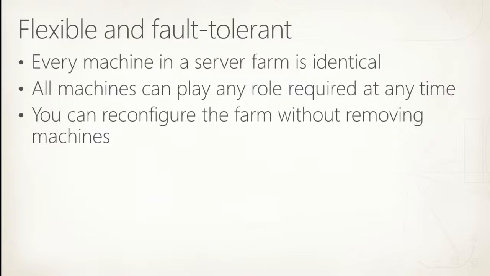Ideally, all the machines are identical, like you should buy the same hardware. And what that means is that if a machine falls down, it doesn't matter. When you need to grow your farm, great, just add another machine. You don't have to think, is this an Excel machine, or is this the special machine? Now, there is one special machine, which is the machine that has settings on it, but even on that machine, all the settings are distributed. So if that machine were to explode,